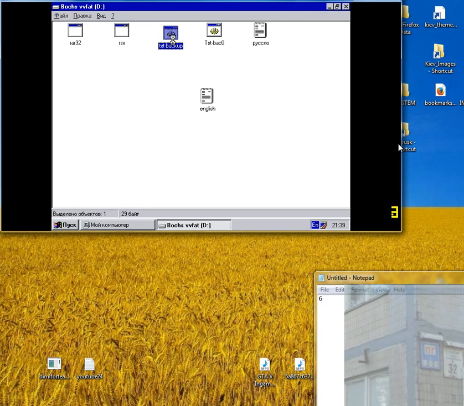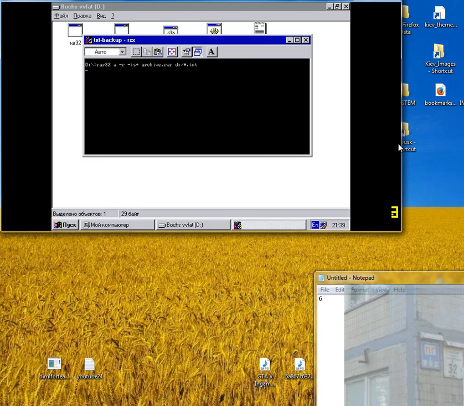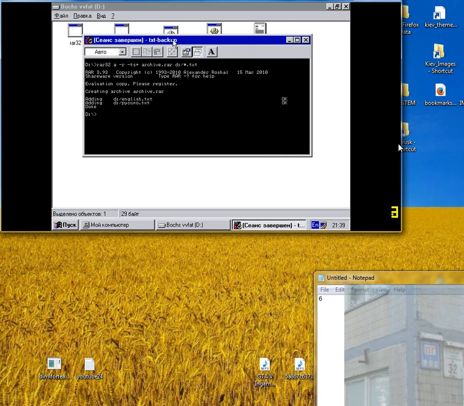This batch of the text files, it will save all their Russian names and any other languages you have on your SD card. It will save it. But